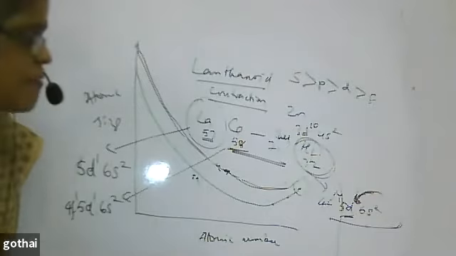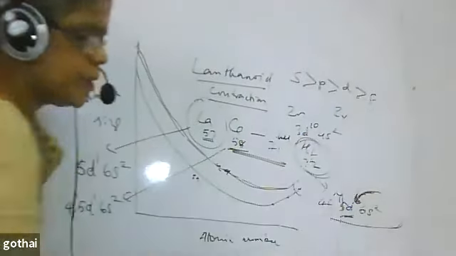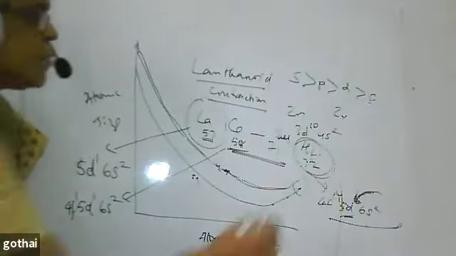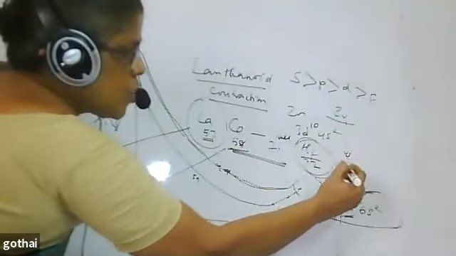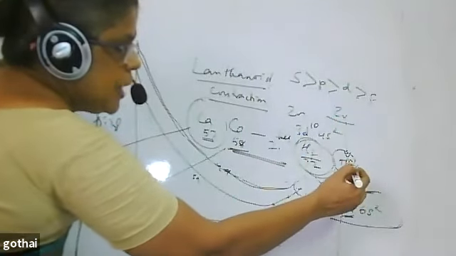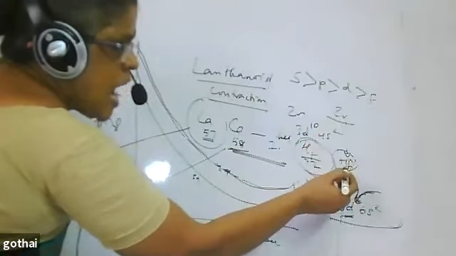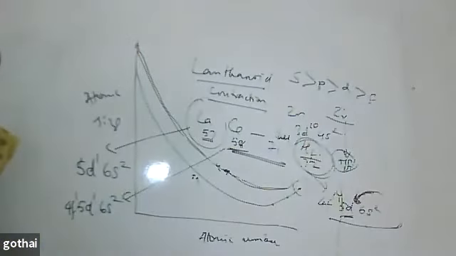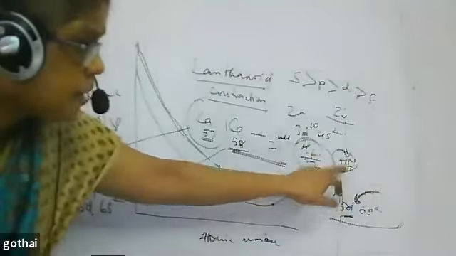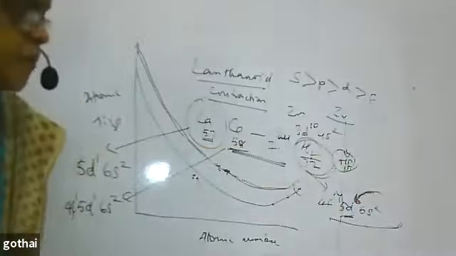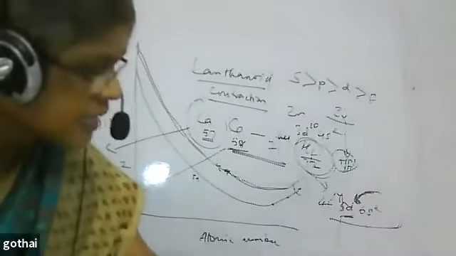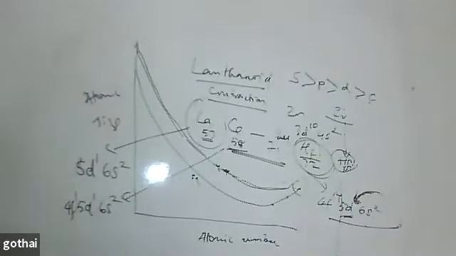Next we say that hafnium, before hafnium you have zirconium. In the 4d series you have zirconium. In the 5d series you have hafnium, exactly down from zirconium. You expect that hafnium should be larger than zirconium. But due to lanthanide contraction, hafnium appears similar to the one at the top. The size of hafnium is almost the same as that of zirconium due to lanthanide contraction. These are the questions expected in atomic size.